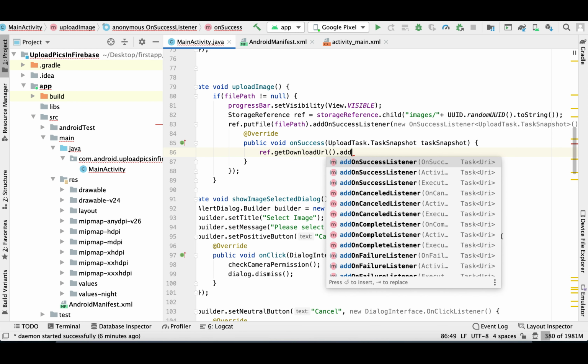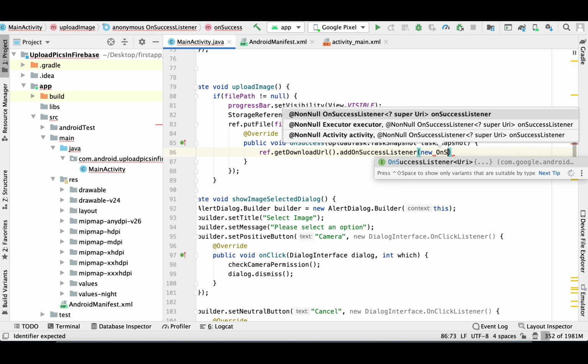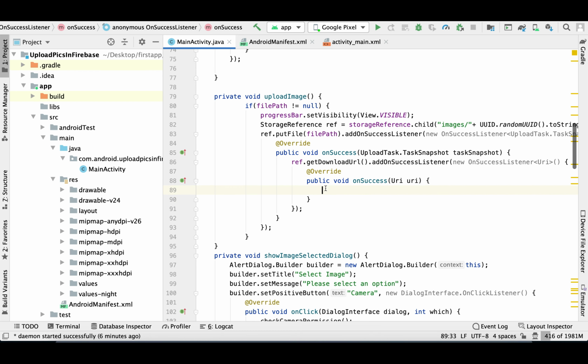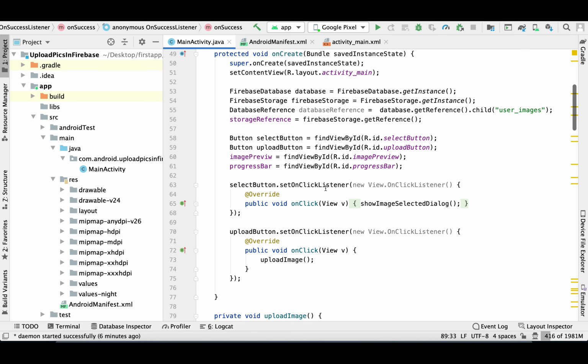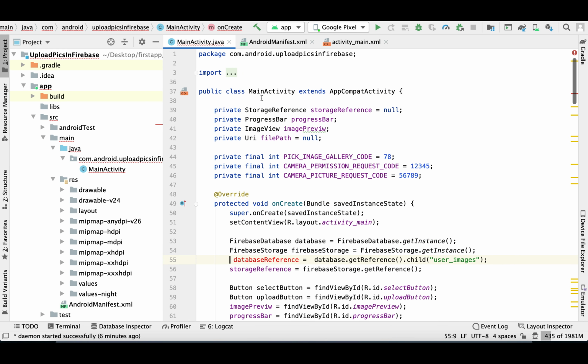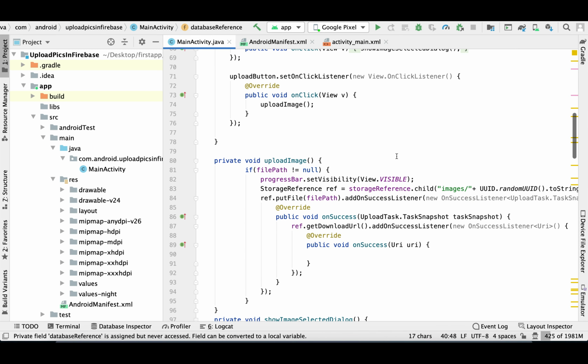So basically when image got uploaded, we need to retrieve the URL so that on next screen we can retrieve that image. So for that, this block of code will help here. So you see when I added the get download URL listener, here I'm getting a URI. So that URI is actually the URL which we are going to get and then store it inside our real-time database. So that from the next screen we can get the list of all the URLs of our images.